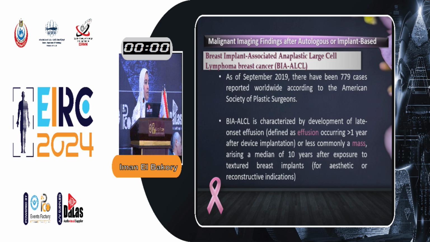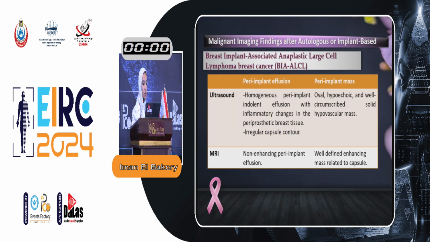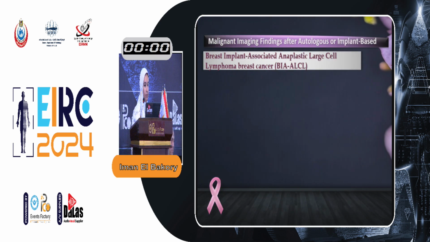The lymphoma actually is scanty cases in which it can be classified either to the effusion or the mass type. Regarding the effusion, it's a gradually progressive developing effusion lately after implantation, okay? It's not a recent effusion, it's a late developing effusion. It's completely non-enhancing, no solid lesion, no papillae present within this effusion. In the mass-forming type, there is a well-defined hypoechoic mass present related to the implant.